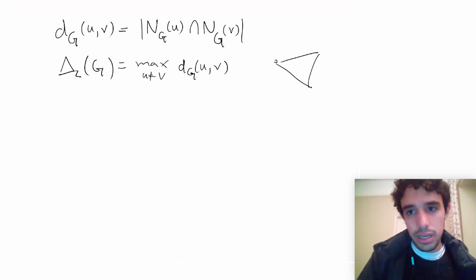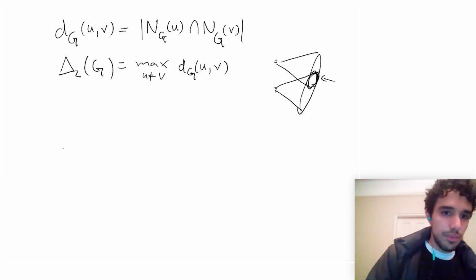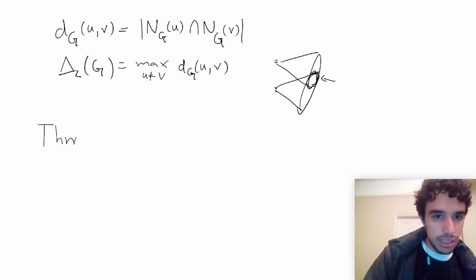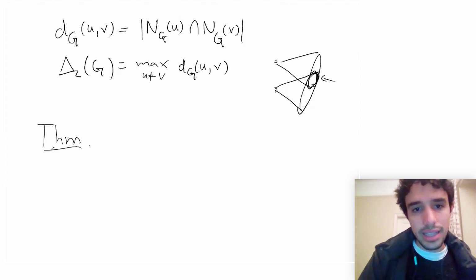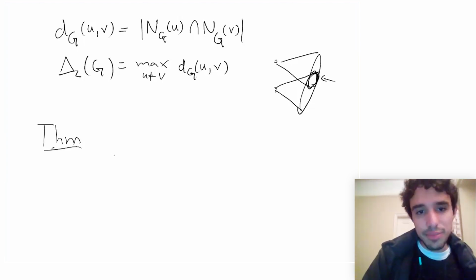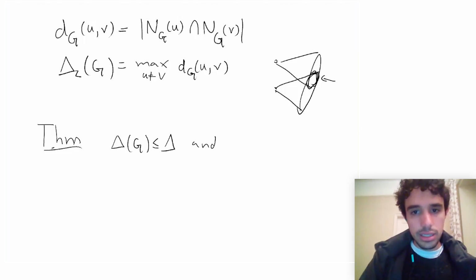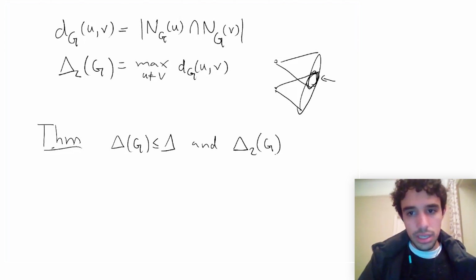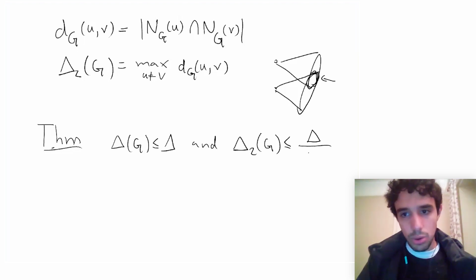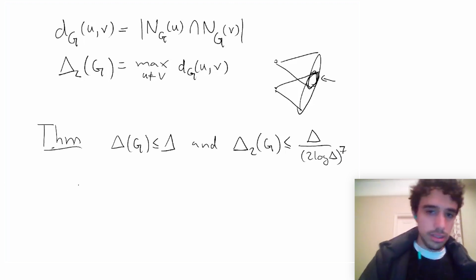You have two vertices, and we are looking at the size of the intersection of their neighborhoods. The thing we prove is a new version of Ita similarity, which instead of the triangle-free condition puts this condition on the codegrees. So if delta of G equals delta, and delta 2 of G is at most delta over 2 log delta to the 7, then